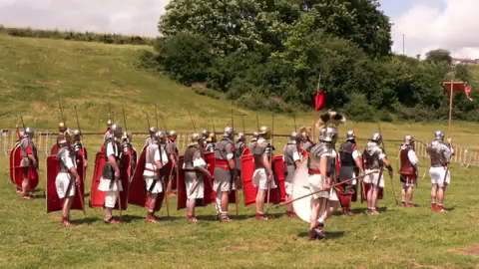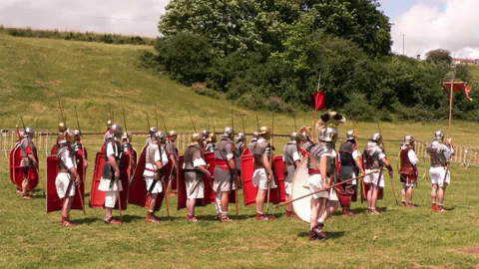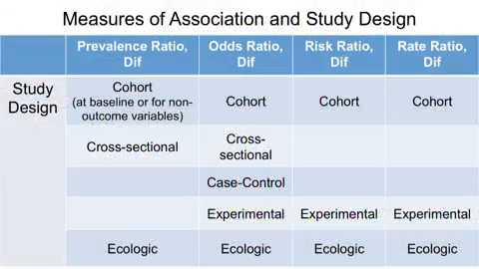Let's preface the topic of which measures of association are commonly found with different types of study design by first noting that all the measures of association we have covered can be estimated in the cohort study design. However, some of the other study designs are not able to directly calculate risks and rates as you can in the cohort. So here is a table illustrating the measures of association that can be commonly used for different types